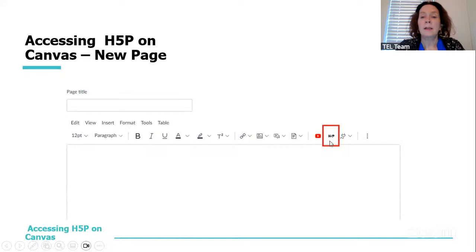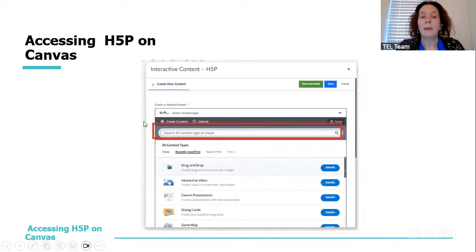And you'll see here in red there, the H5P icon is highlighted. So you just click on the H5P icon there, and this is what will pop up. It's the H5P editor, and then you'll be able to select the content type that you want to install